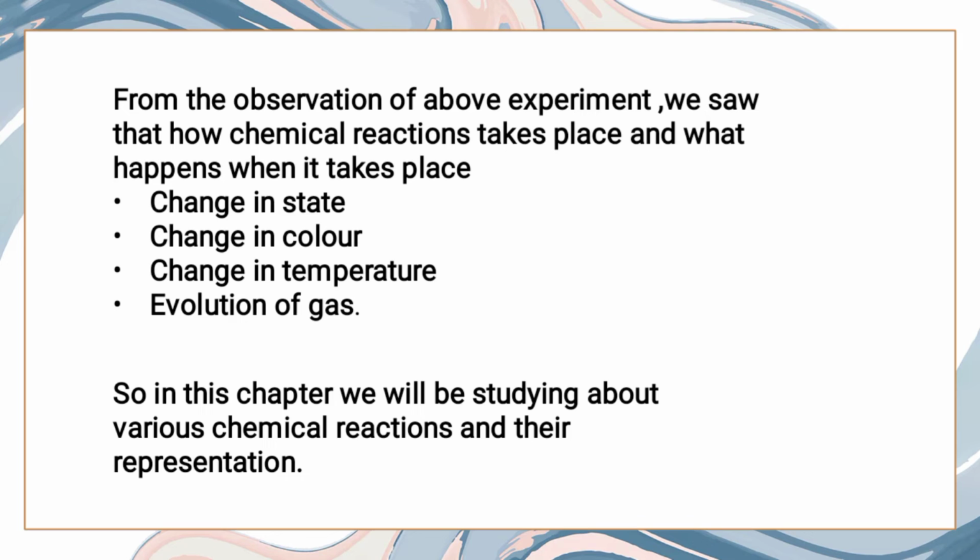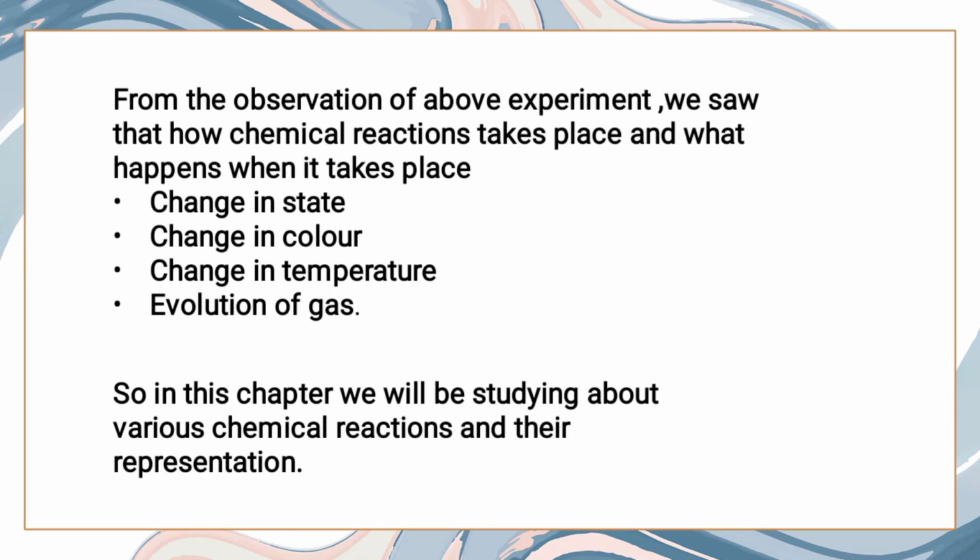That is, the initial nature of the substance doesn't remain the same. It gets changed when a chemical reaction takes place. So either it might be a change in the state, change in the color, change in the temperature, or the evolution of gas. So in this chapter we will be studying about various reactions and their representation. Till we complete the chapter, it is all about the reactions and equations and how you represent these